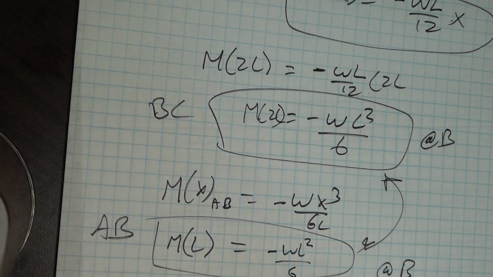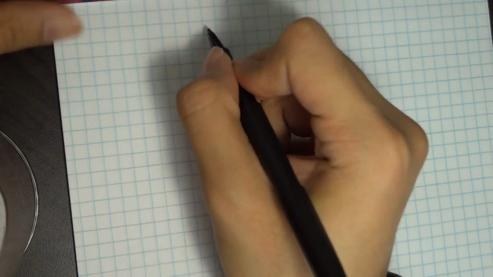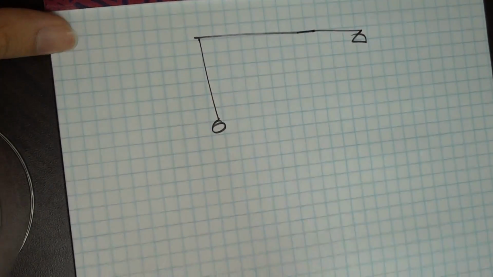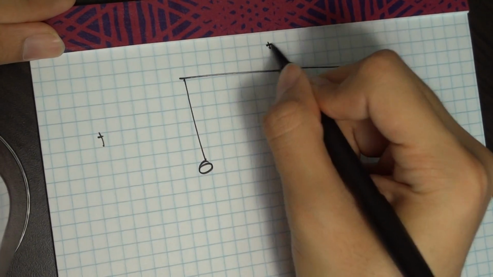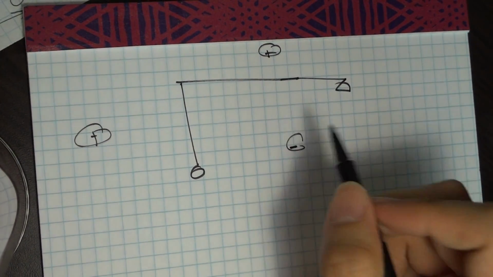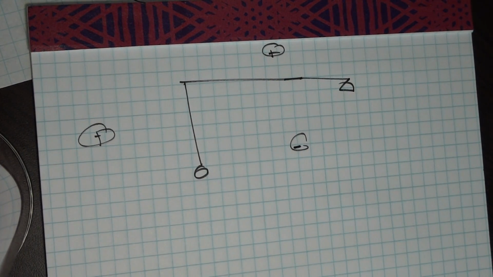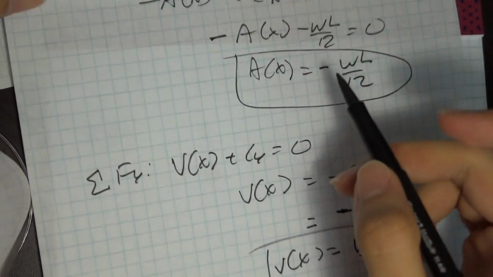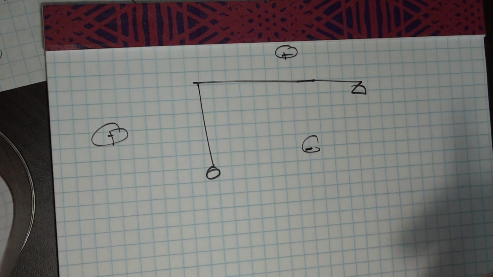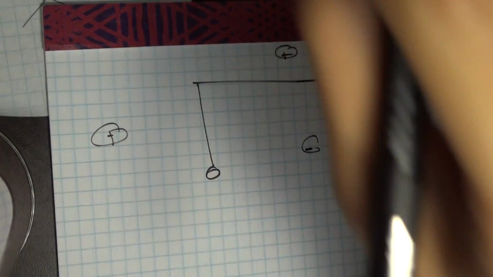Finally, we have the question of how you draw your diagrams for this problem. It's always best if you draw them directly on the frame. What do we mean by that? We say that often. We have some pin here, some roller here. I'm going to make the positive on the outside, the negative on the inside. What is my axial force? My axial force in the vertical member and the horizontal member is negative WL on 12. So I'm going to draw a negative WL on 12